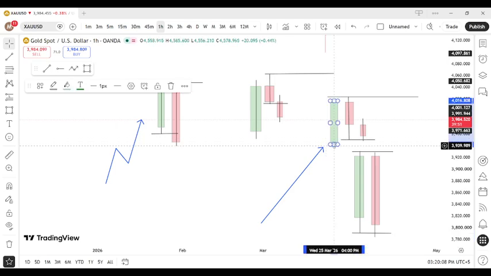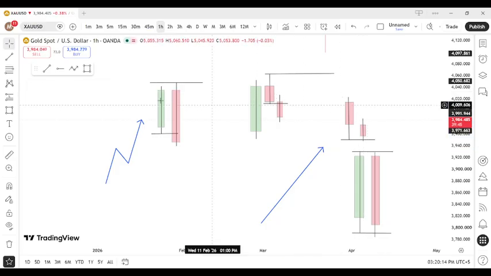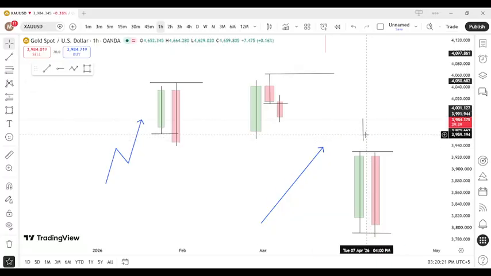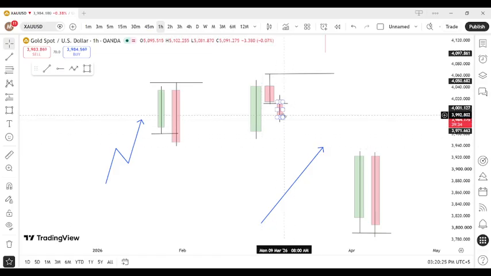Okay. So these are two examples which do not make the structure high. The market should move making structure highs and lows. We should know what is structure high and what is structure low. So in this case,